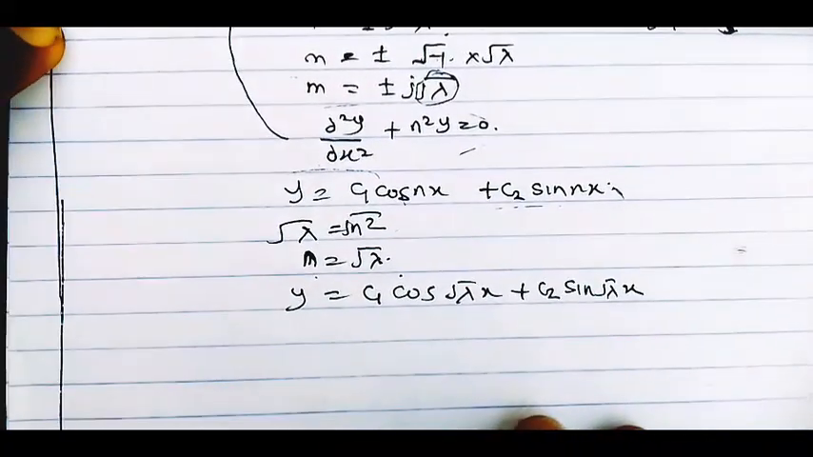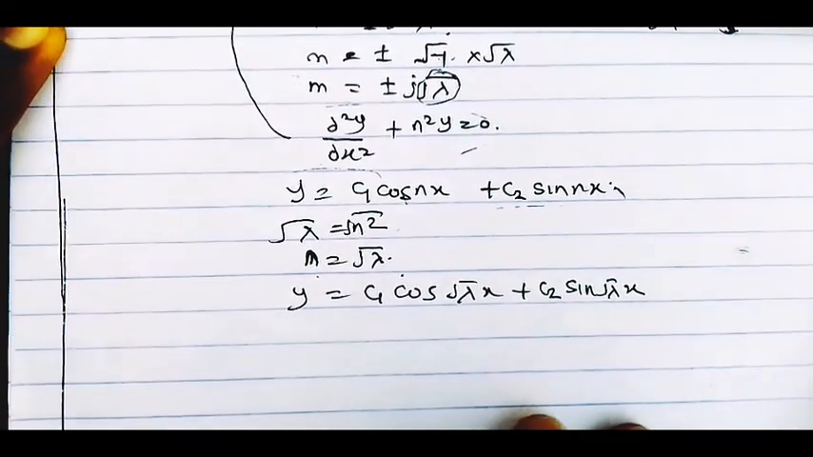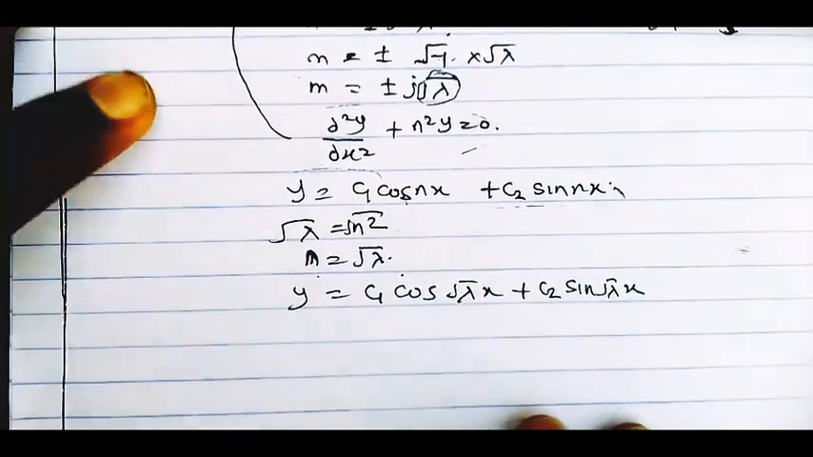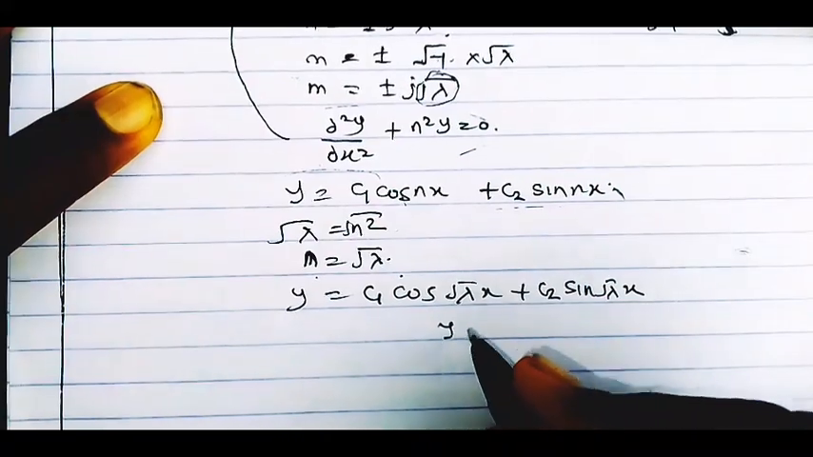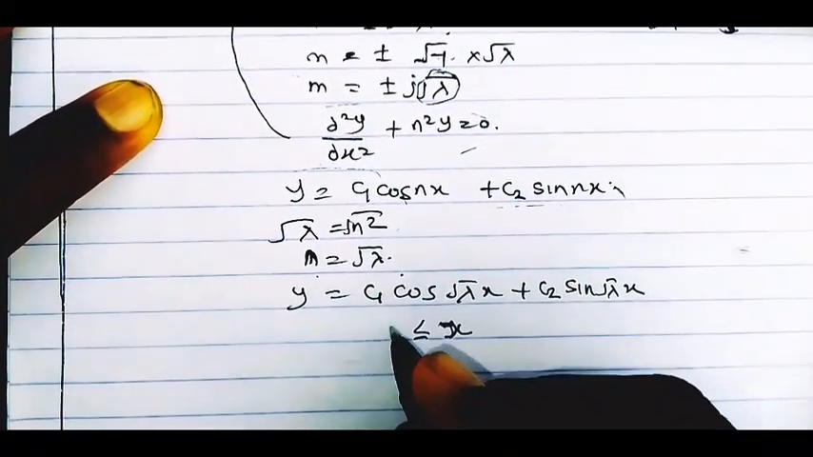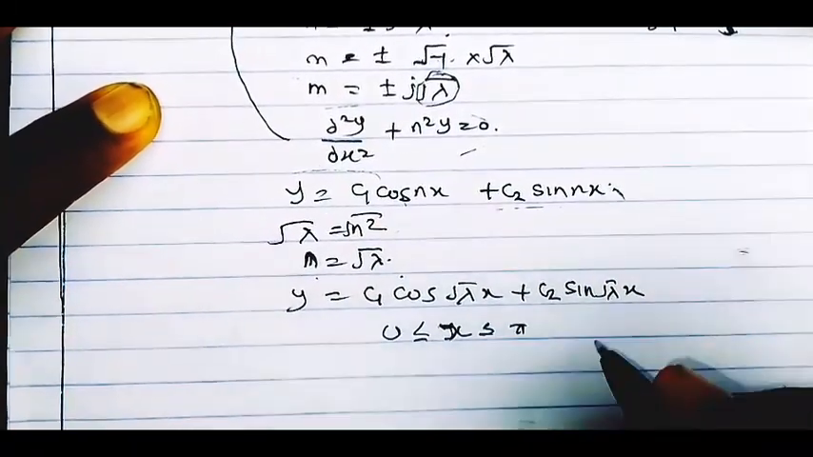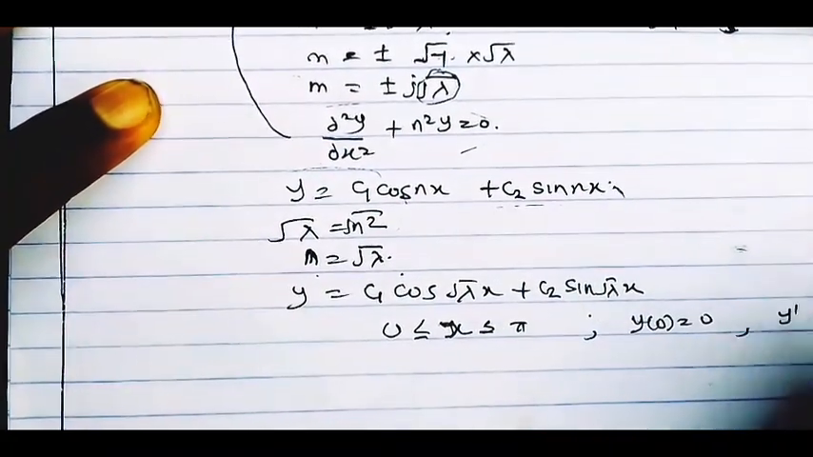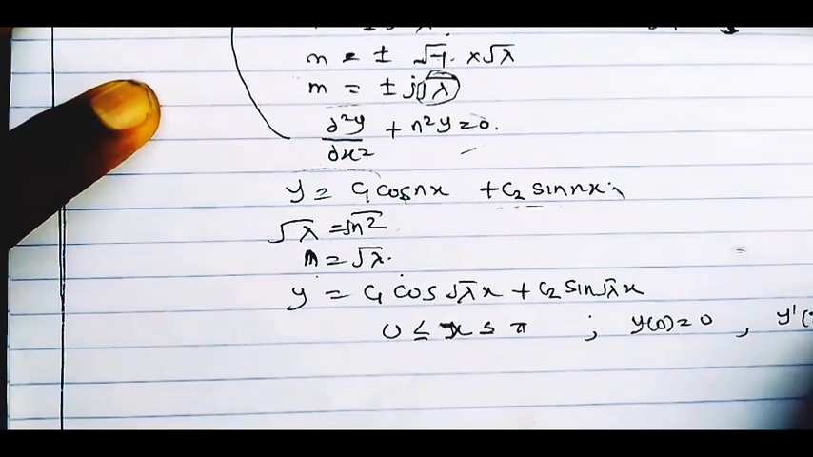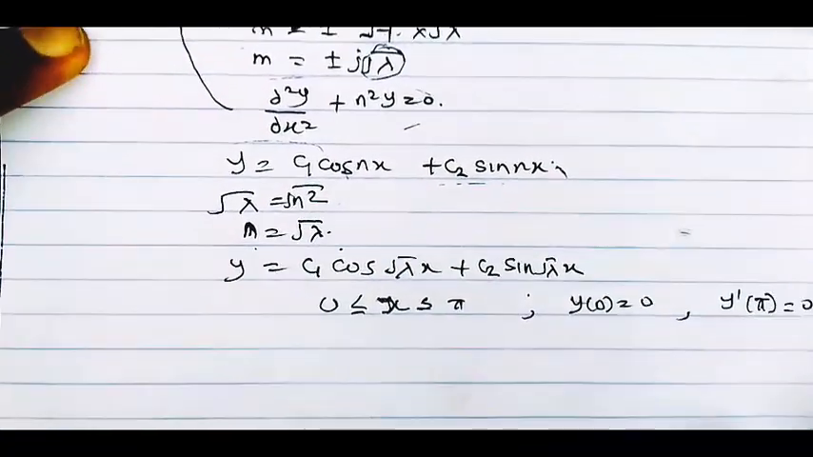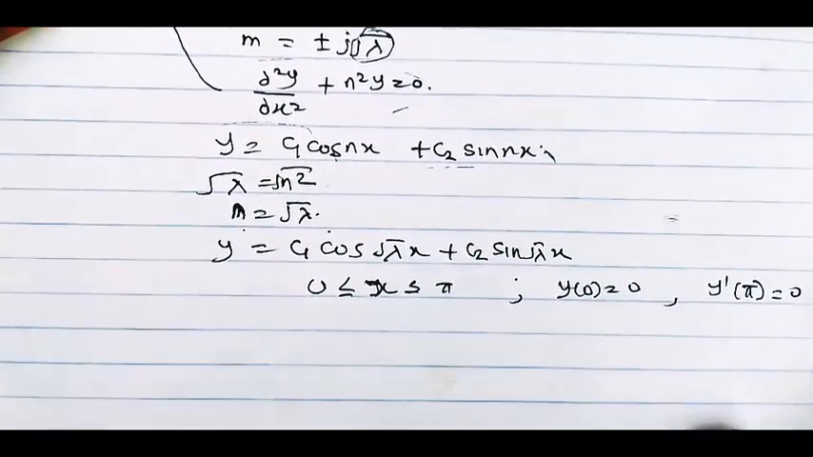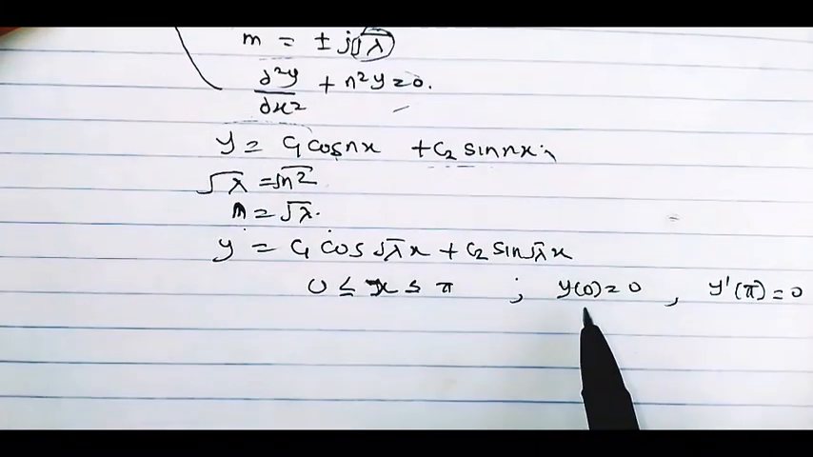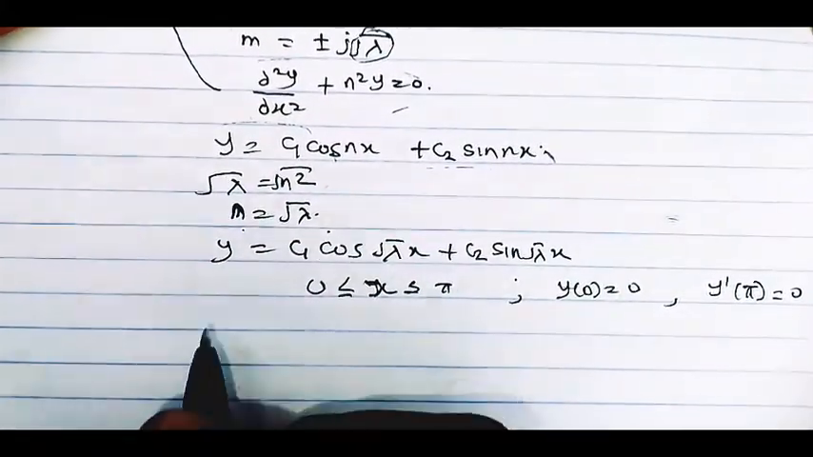So now we solve. So we apply our boundary conditions. When x is equal to 0, y is 0, and y prime of x at pi is also equal to 0. So these are my boundary conditions. So let's solve. Substituting when x is equal to 0,